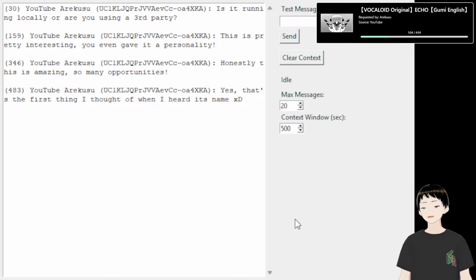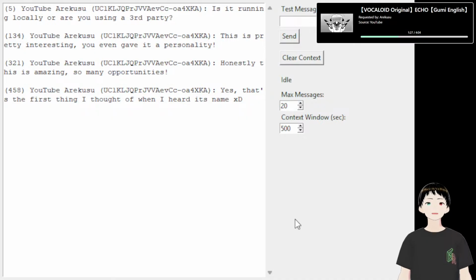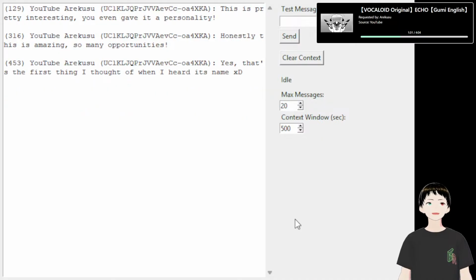What else could I do with this that would be interesting? If I can get the speech to text thing. Ooh, I'm thinking, if I can somehow isolate people's audio in Discord, I could make it have full on conversations.